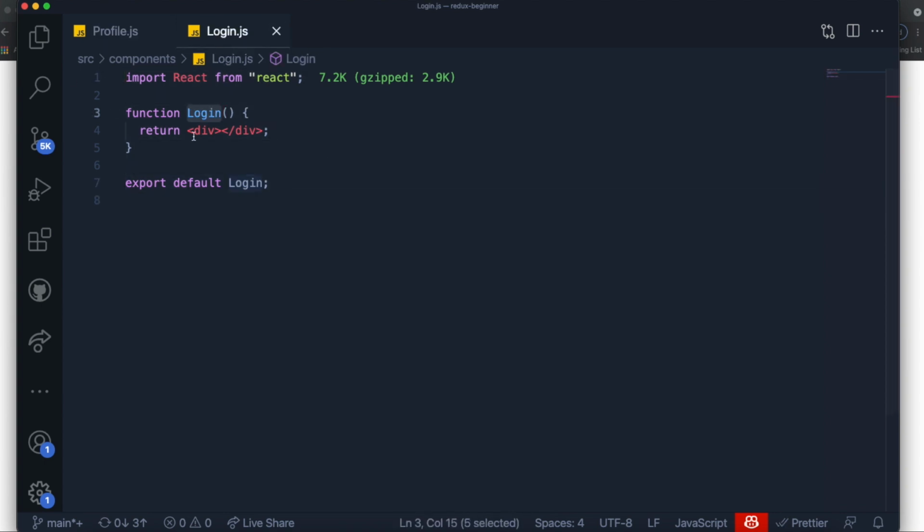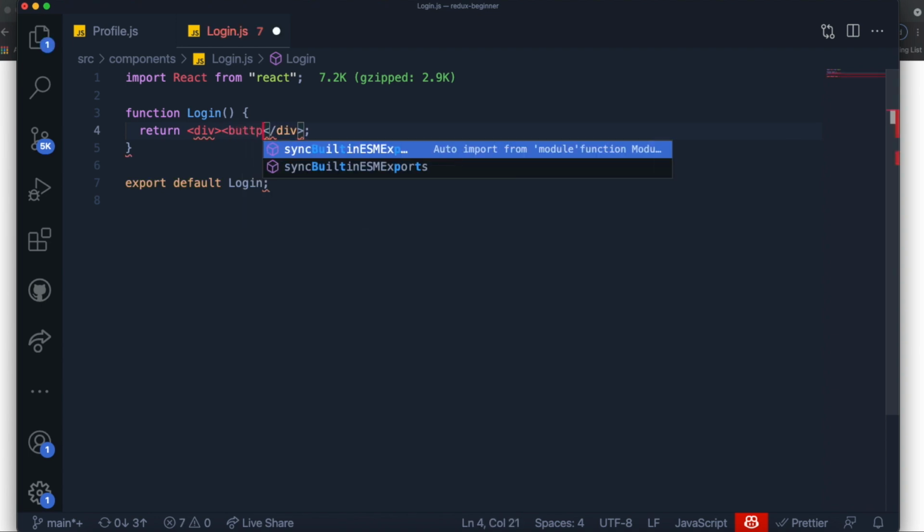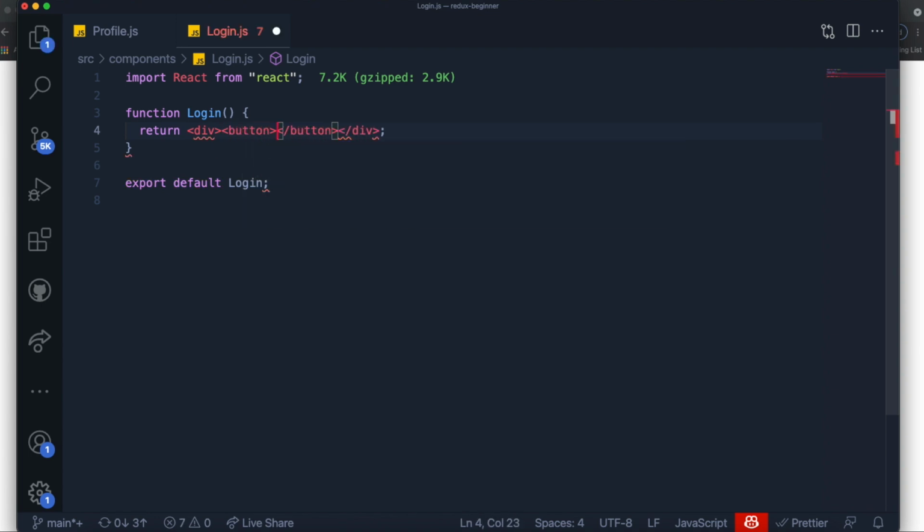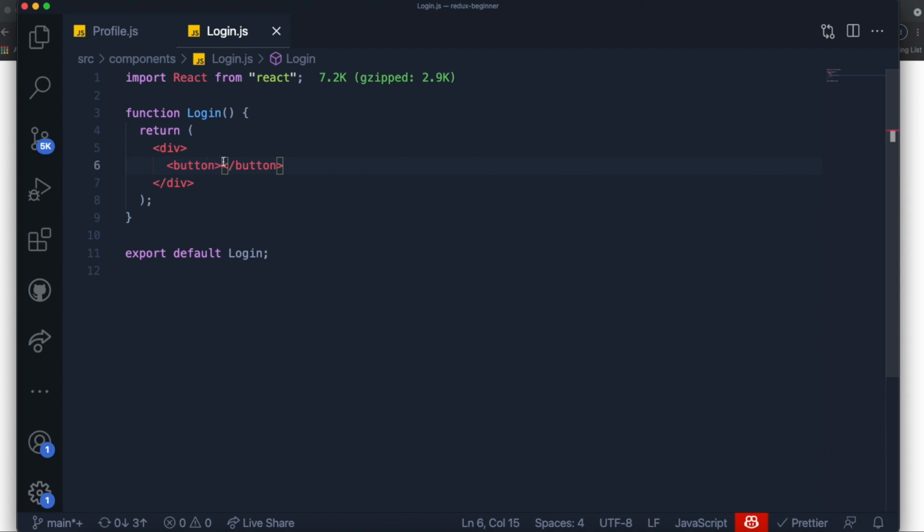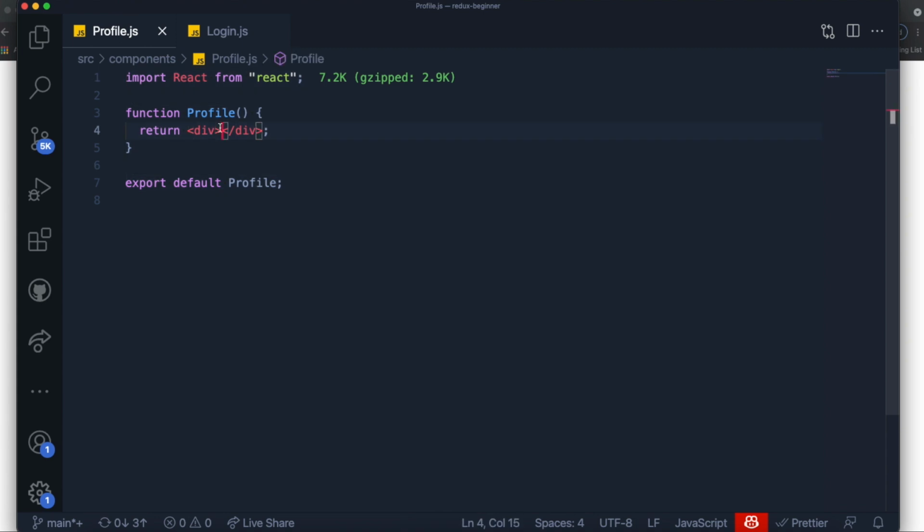And the first thing I want to do is, in our login component, I want to be able to have a button, right? I want to make this as simple as possible. So I want to create a button which allows you to log in. And in our profile, we'll just have a text over here, which will say something like this. It will say profile page,